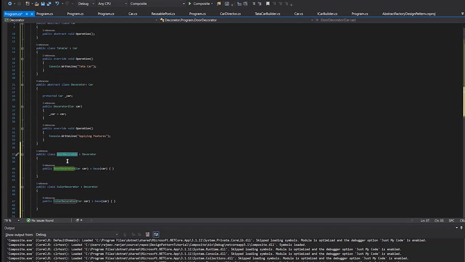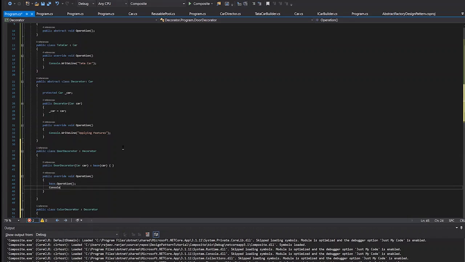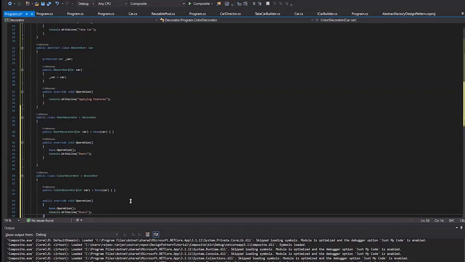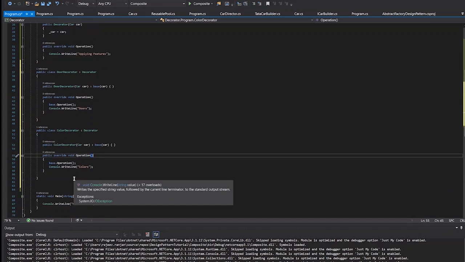This door decorator is wrapping our car object, and it also has a composition. Now let's implement some features here. So we have created our two decorators, which would be wrapping our car base component.